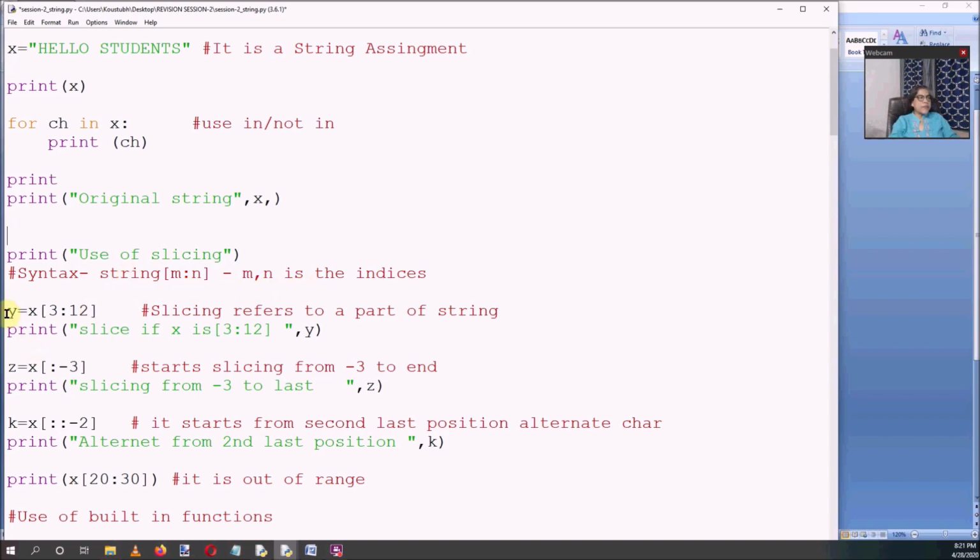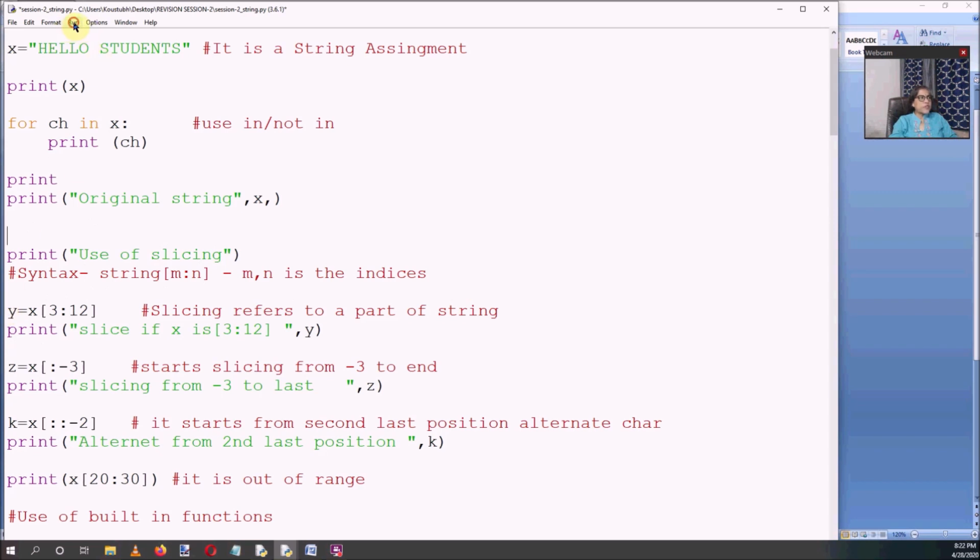For example, suppose I have written y equals x of 3 colon 12. It means it will cut the slice from x, starting from index number 3 up to index number 12, and then store the continuous part of the string in y.